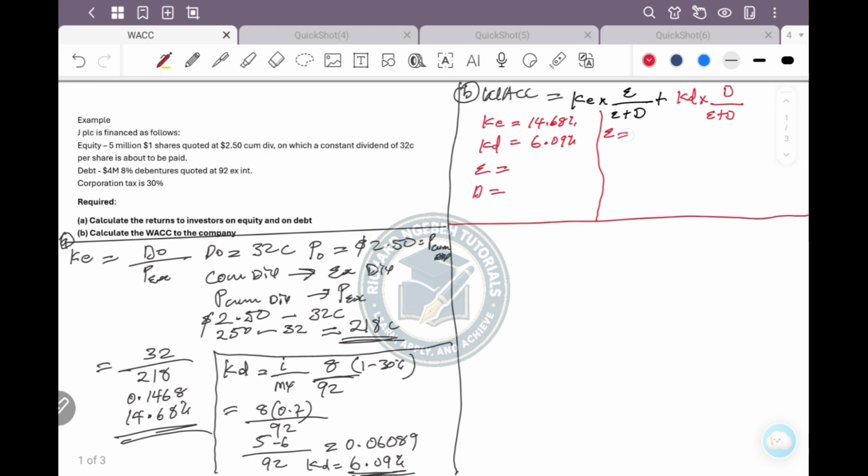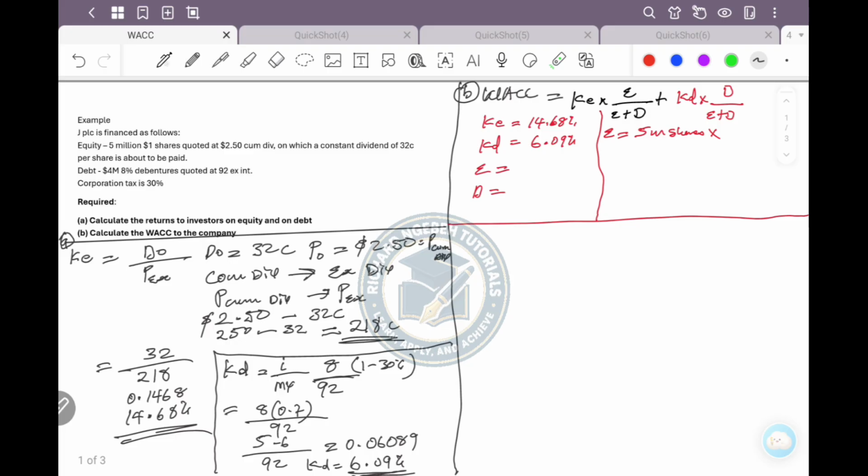First, go to the equity section. You have 5 million shares, and you have to take the market value without dividend. That is the XDiv, the market value per share without dividend, and times it by the 5 million. So this is 5 million shares at the market value, which is the XDiv. And when we calculate the market value, which is the XDiv, we're able to get this amount,